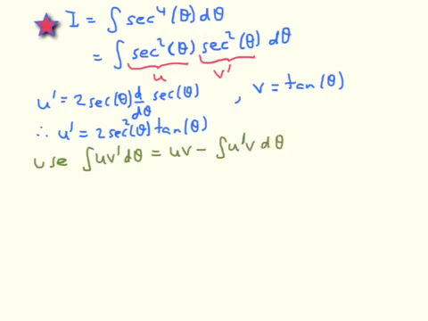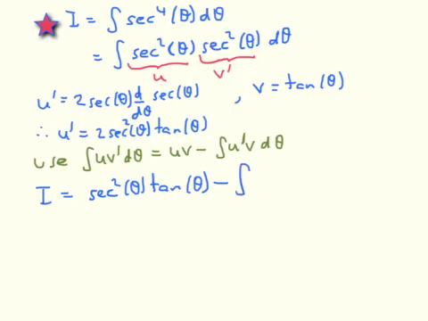So therefore we see that our integral I is going to be uv, well u is sec squared theta, v is tan theta, so we can just write sec squared theta tan theta